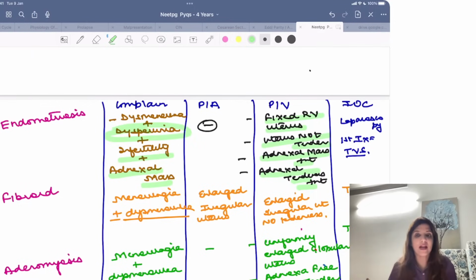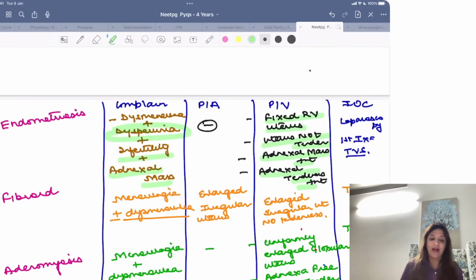Uterus will never be enlarged, so no per abdominal finding. Per vaginally, you are going to get a fixed retroverted uterus. Uterus will not be tender, but in the adnexa you are going to feel a mass and adnexal tenderness will be present. The investigation of choice for endometriosis is laparoscopy, but the first investigation which you do in endometriosis is TVS or